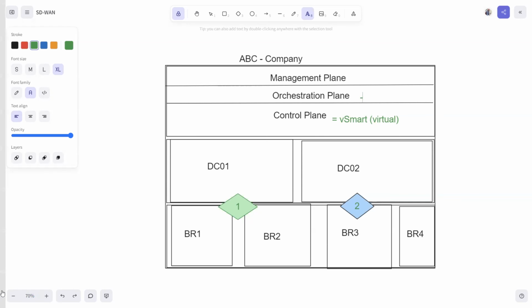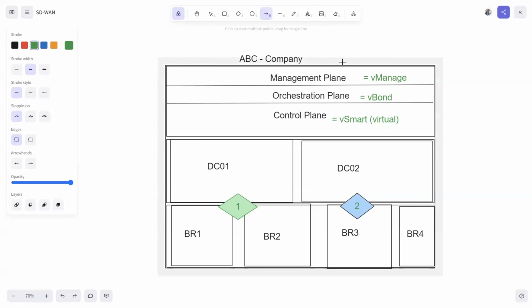What's the name of the orchestration plane? It is nothing but vBond. And what's the name of the management plane? It's vManage. V for Viptela, Manage, Bond, and Smart. Now, when we are talking about this, the nice thing about this vManage is that